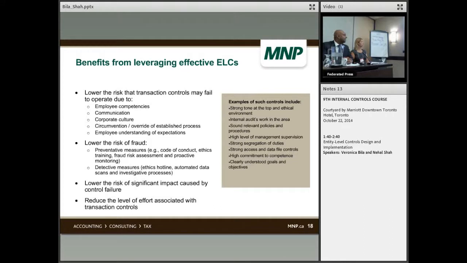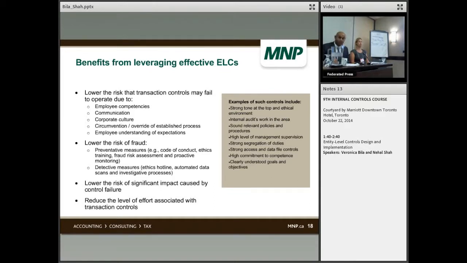I've had experiences with organizations, I'm thinking particularly of a former client of mine, where I was looking at a hospital's procurement process, and they were telling me that there were instances where the procurement process was being bypassed by doctors who wanted to purchase medical equipment, and they were doing so without the proper approvals in place. So that's just one example in which management can override a transaction level control. And lastly, unclear roles and responsibilities around what an individual's internal control responsibilities are.